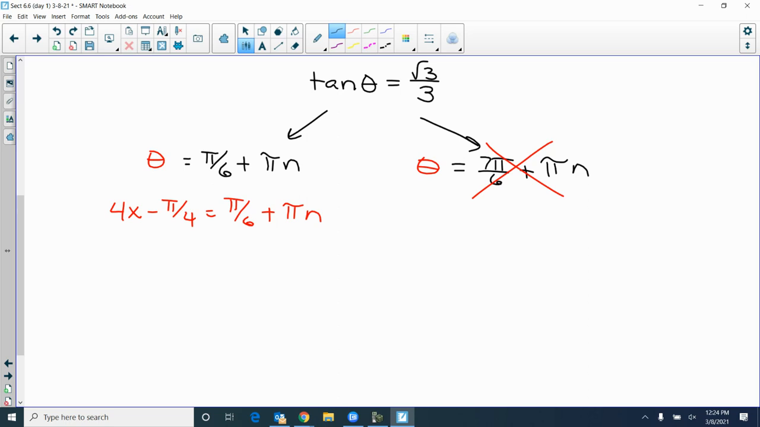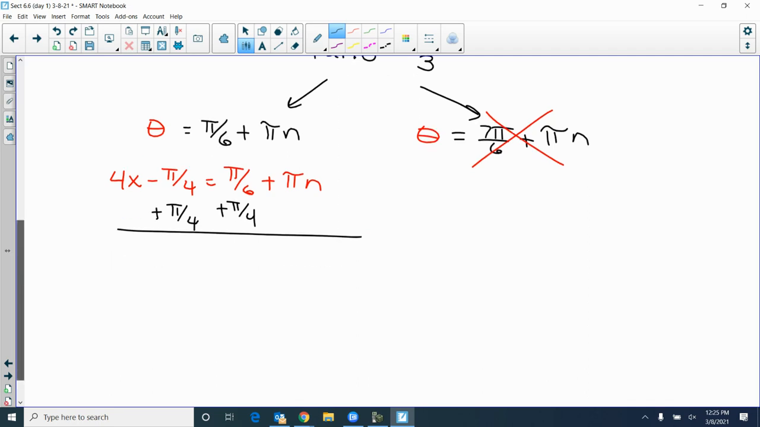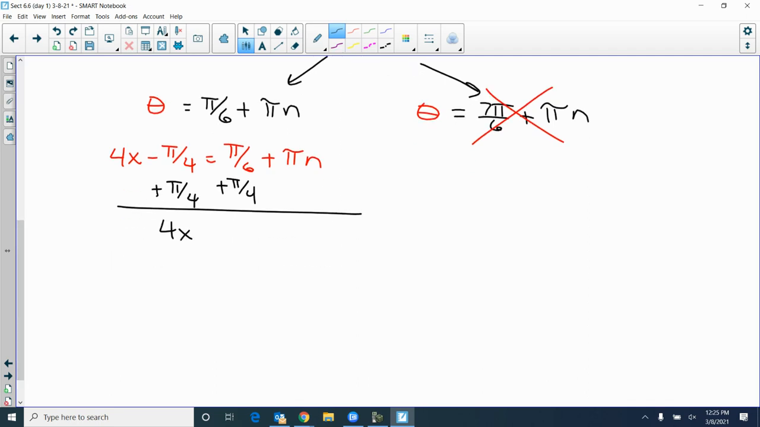So add your pi over 4. Now you're only going to add that to the pi over 6, because the pi n is not a like term because it has a variable. You would treat that as a variable. So I get 4x equals... All right, what's pi over 6 plus pi over 4? 5 pi over 12. So it's going to be 5 pi over 12 plus pi n